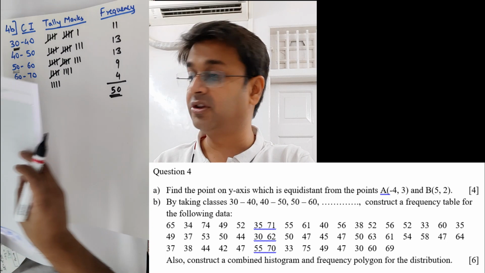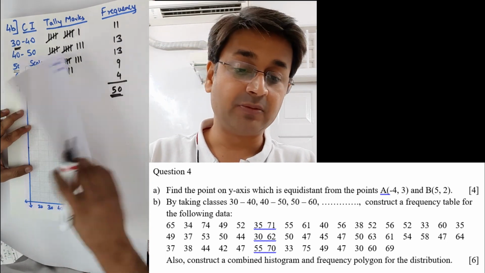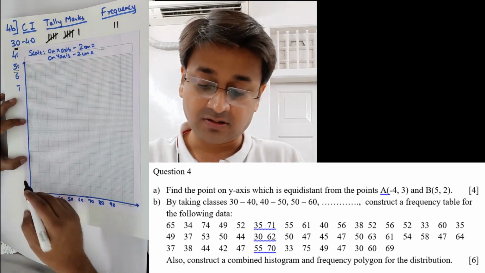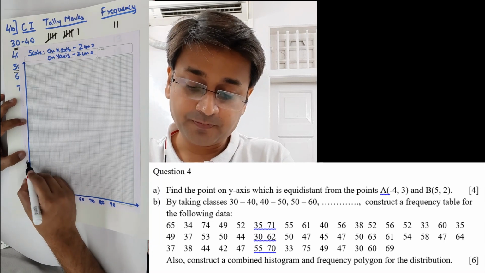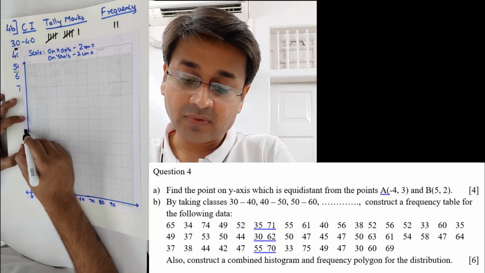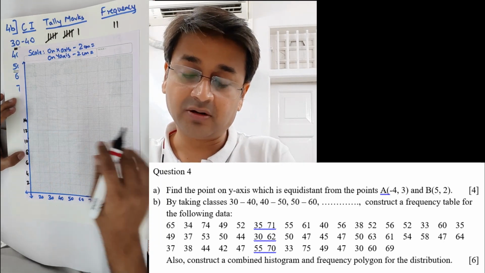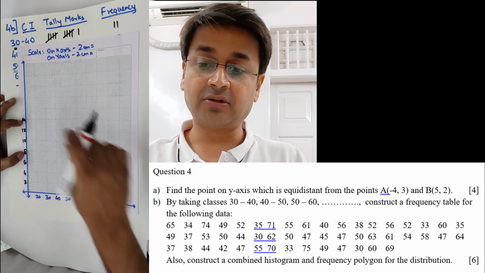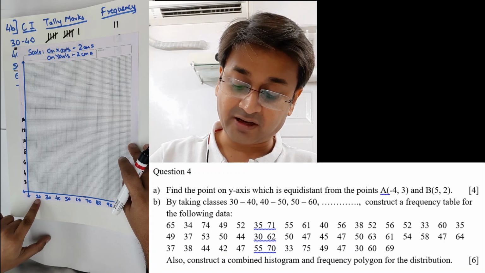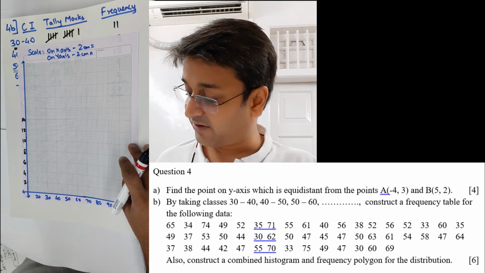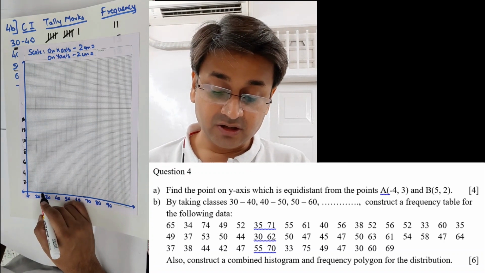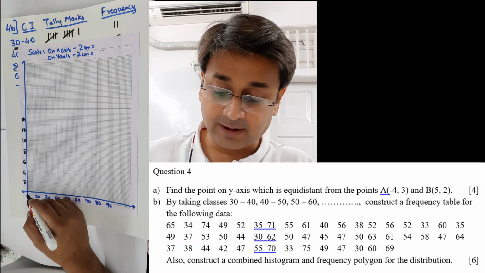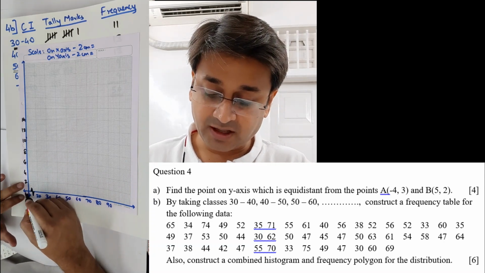Now you need to draw a histogram as well as a frequency polygon. So the maximum I can see is 13. So I can take 2, 6, 8, 10, 12, 14. So till 14 I have to go. Now 30 to 40, purposely I have taken from 20 because for a polygon I have to start one earlier so that I can drop it down. Remember that. I need to add a kink and this will be 0.